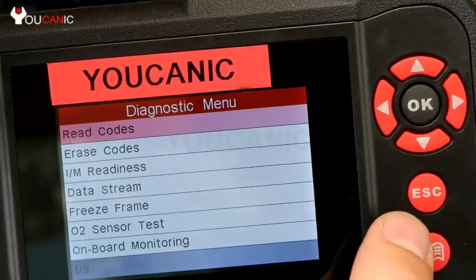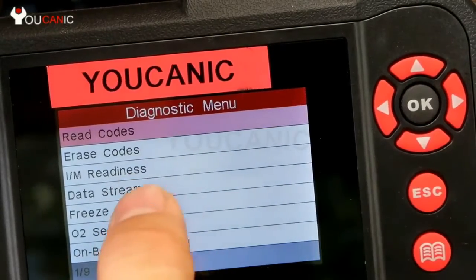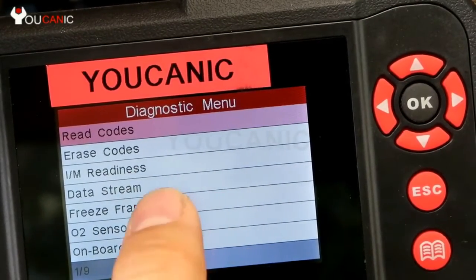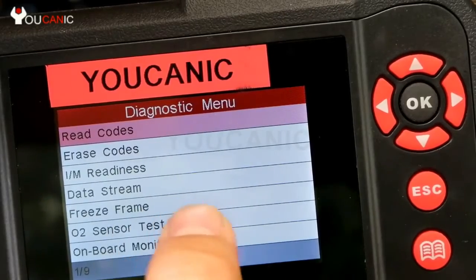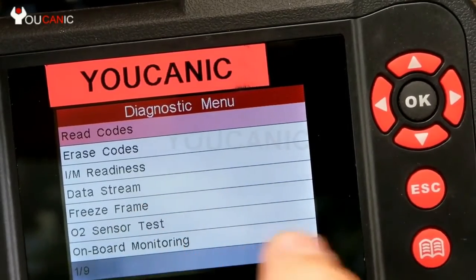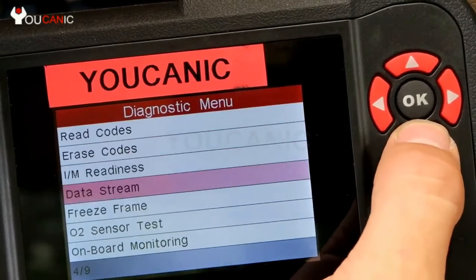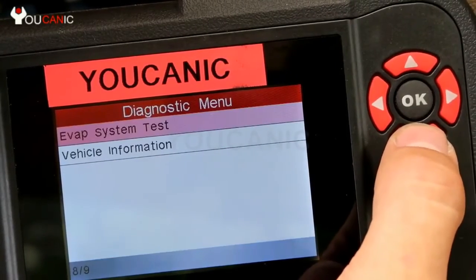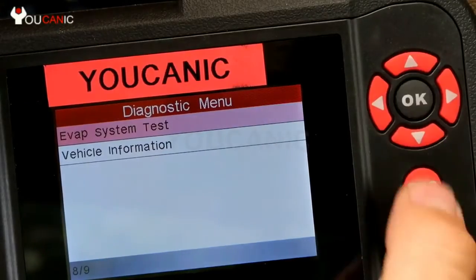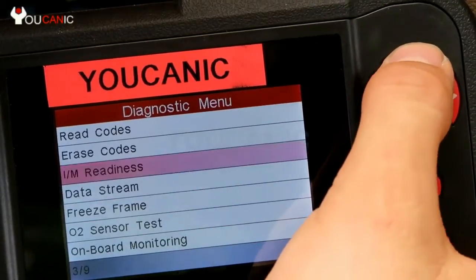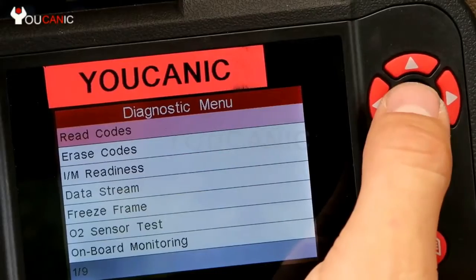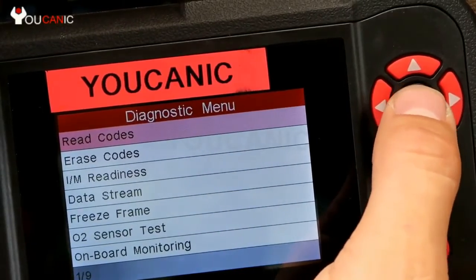We'll press OK to confirm, and then here we can read codes or erase codes, check emission readiness, look at data stream, freeze frame, oxygen sensor test. There's more, like the evap system test, but we're going to focus on reading and clearing codes. In this case, we go to read codes,